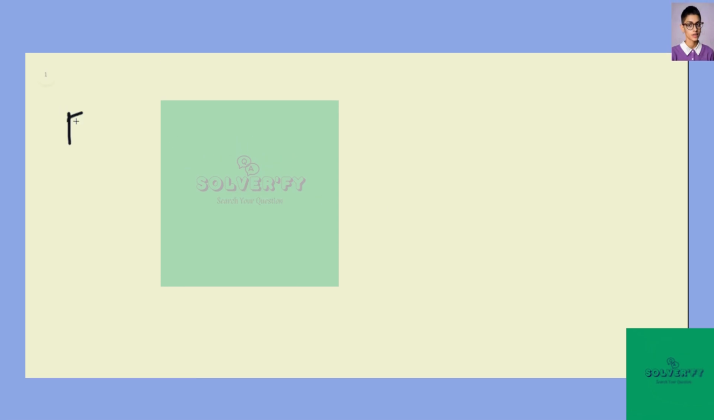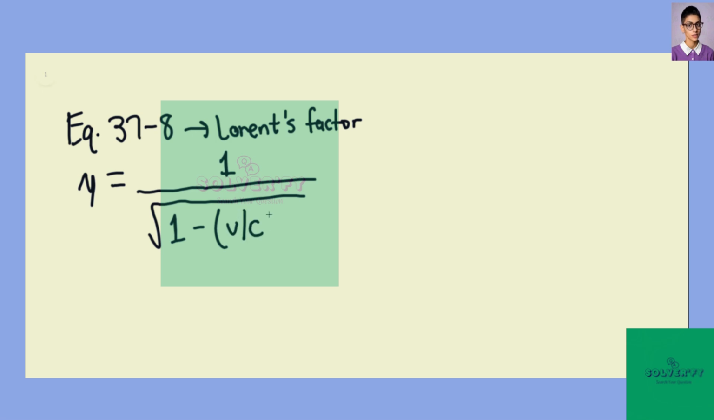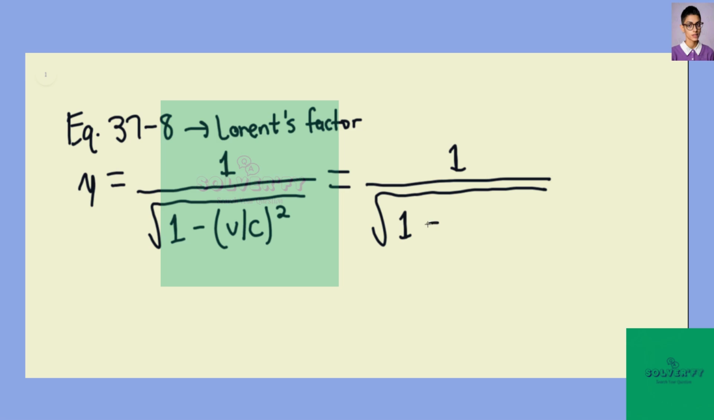So here we are going to use equation 37.8 to find the Lorentz factor. We can say that the Lorentz factor gamma would be equal to 1 divided by the square root of 1 minus the velocity divided by the speed of light, quantity squared. This is going to be equal to 1 over the square root of 1 minus 0.99000 quantity squared,